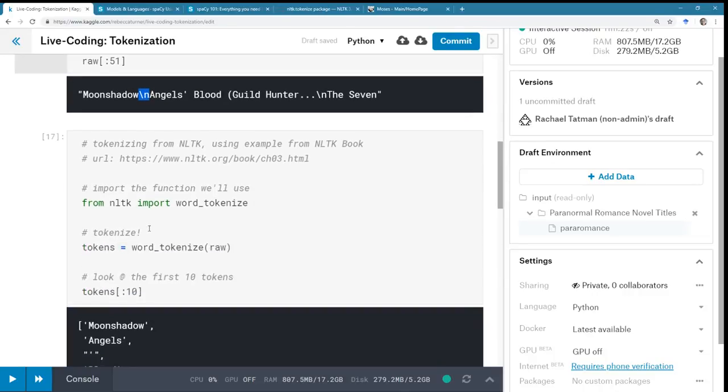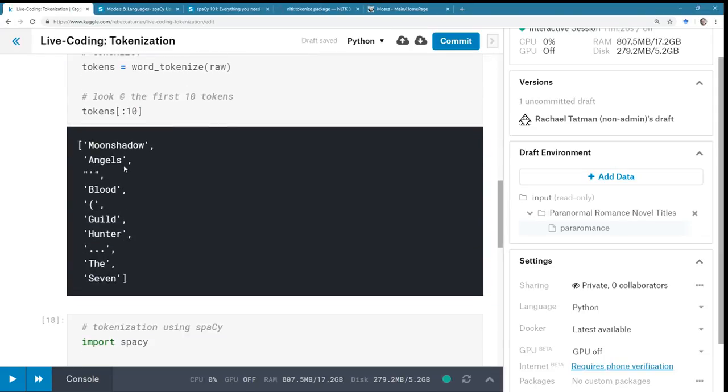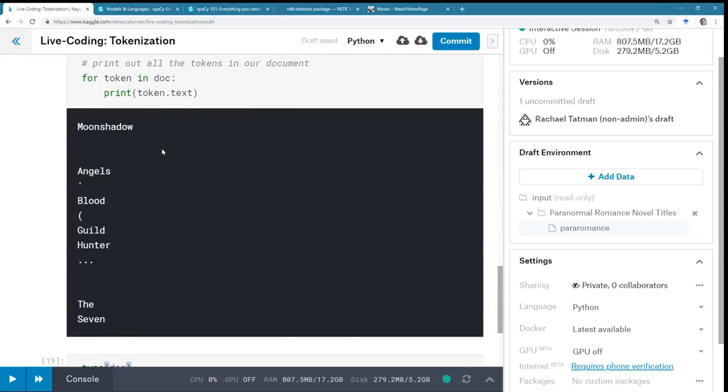Hello, Danny. Whereas in the NLTK tokenizer, that is not treated as a token. So whether or not it's important to you depends on your downstream task. But when I mentioned earlier that you want to make sure that you say which tokenizer you use, that's why, because they're going to give you different results.